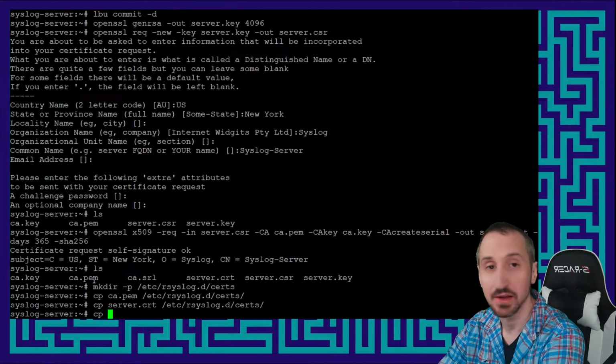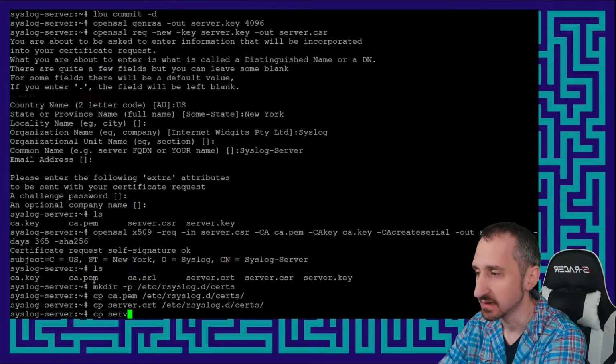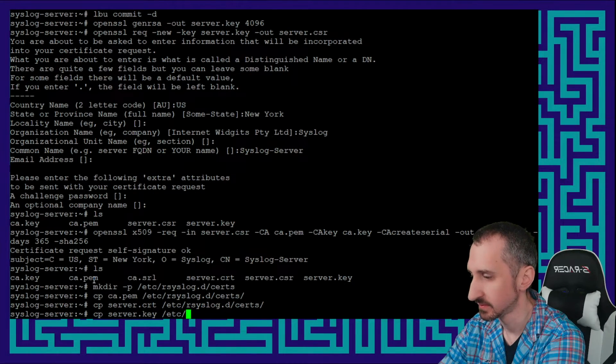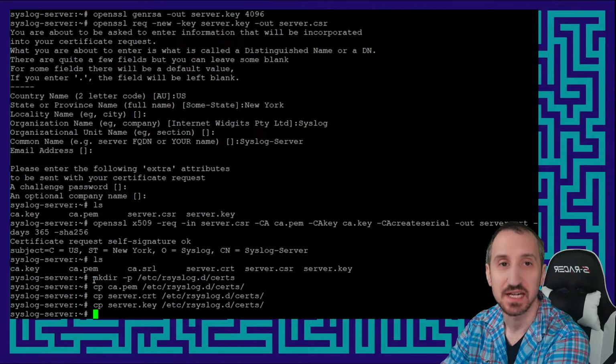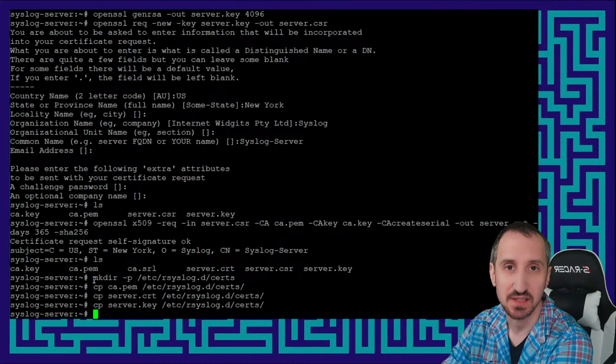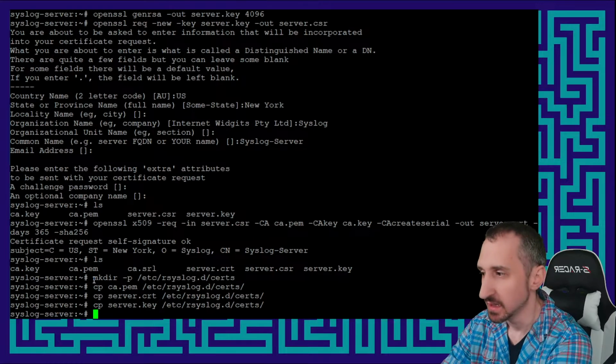And then the final file that we actually need is our key. Perfect. So now we've added that, and because it's in the etc directory, it will actually automatically be added to